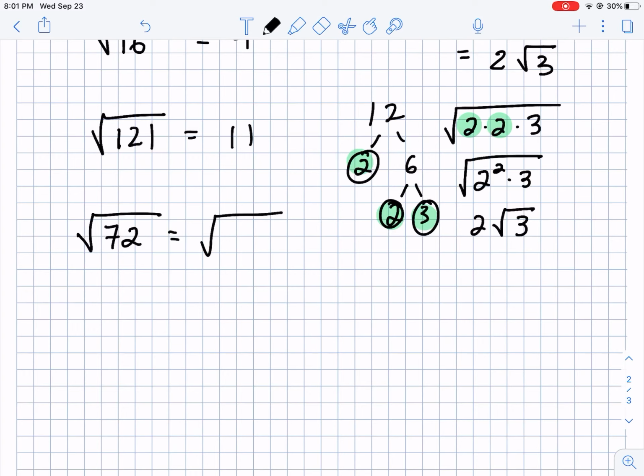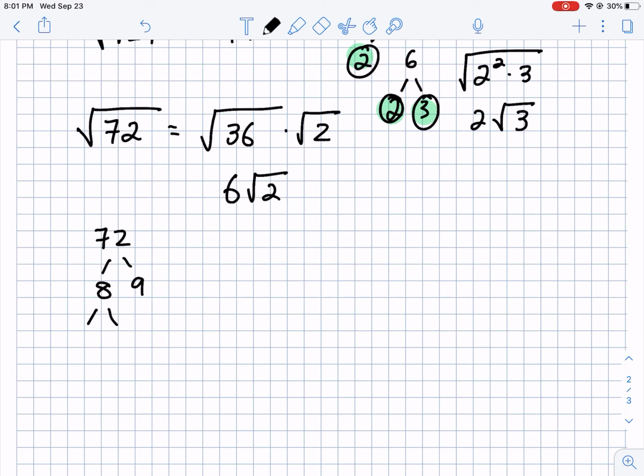If you noticed that 72 was 36 times 2, then lucky you, you quickly saw that this was 6 root 2. But maybe you didn't. Maybe you looked at the factors of 72 and said, well, that's 8 times 9. Okay, well, let's keep going because 8 is composite. That's 2 times 4, and 4 is 2 times 2, and 9 is 3 times 3. And so when we look at all of those prime numbers, we find that the square root of 72 is equal to